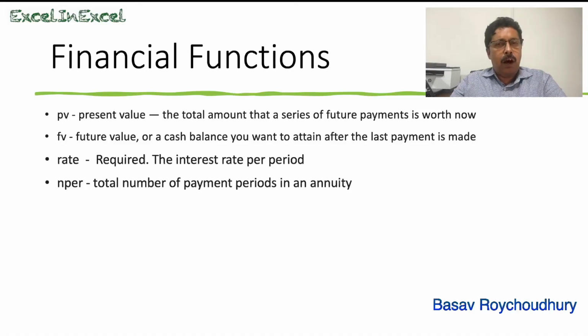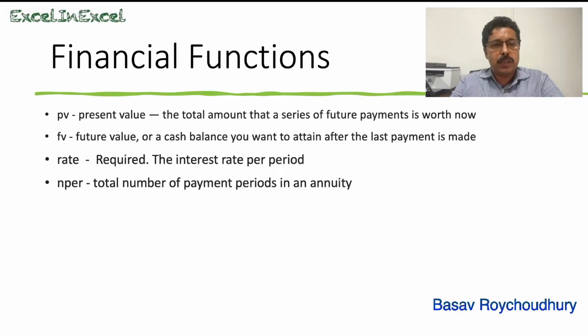right? However, if I am paying this monthly, then for example, when we are paying an EMI, if we are paying that amount monthly, then for 5 years I'll actually make 5 into 12, 60 payments, 60 EMI payments will be made, and therefore in this case NPER would be 60. Now, if that was the loan which the bank gave me at 10% rate of interest per annum, because I'm